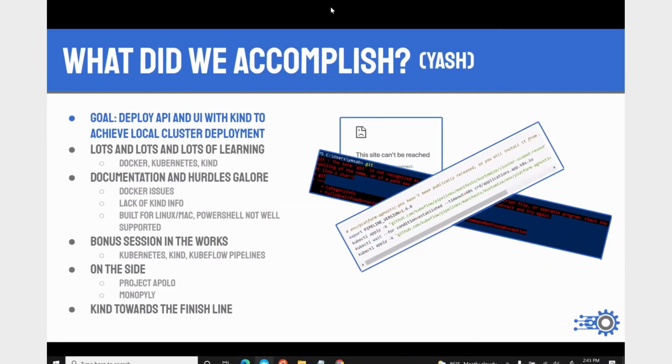So, as I mentioned before, my project proposal was to be able to deploy the API and the UI with local cluster deployment, which means I wanted to use Hive. And so, a brief overview of Kubernetes and Docker. Docker images are what allow machine learning to take place. They're images that will run specific tasks. And Kubernetes' job is to